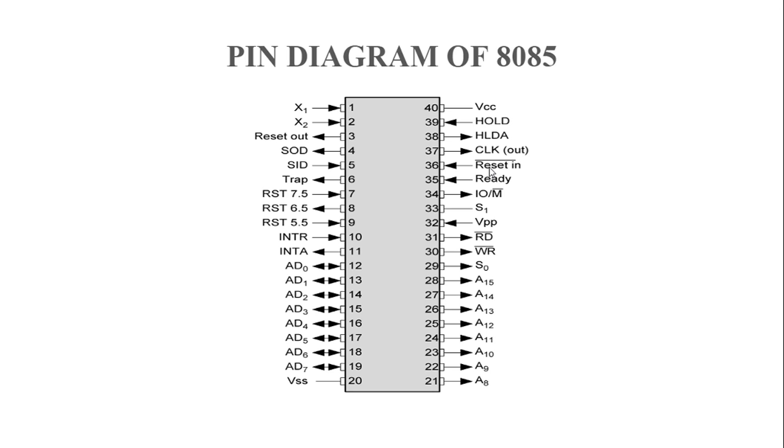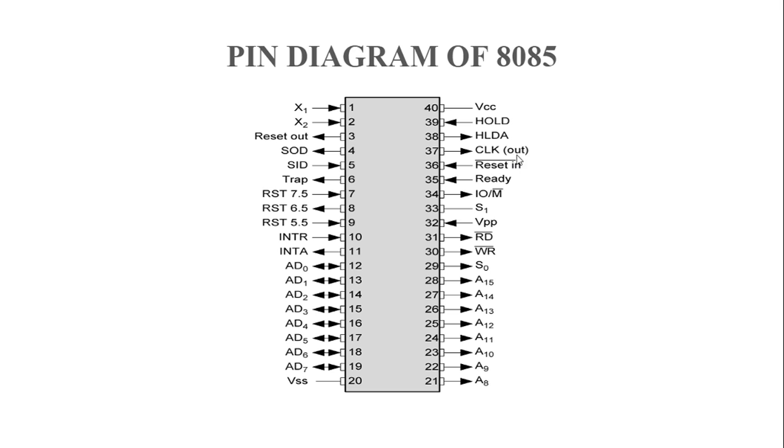Why is the instruction register reset? Because the program counter is reset, and the program counter, instruction register and instruction decoder are correlated with each other. So that's why when reset in bar is equal to 0, it resets the instruction register. In such a case, the CPU is held in reset condition as long as the reset is applied. And if reset in bar is equal to 1, then there is no effect on any registers, instruction register or interrupt pins.